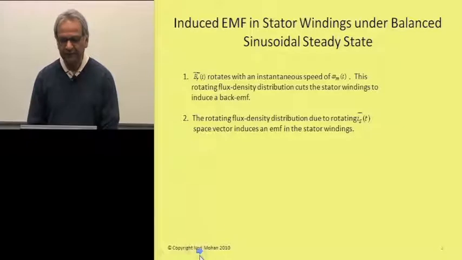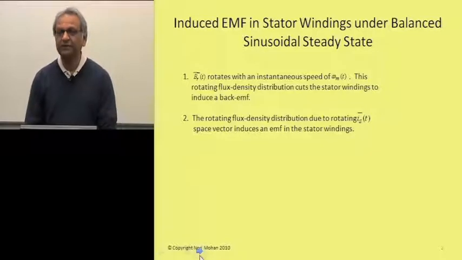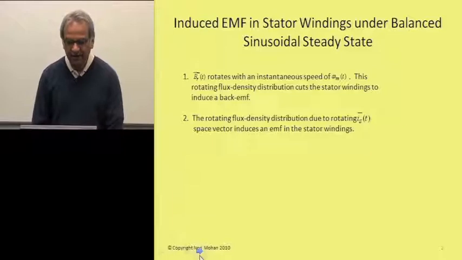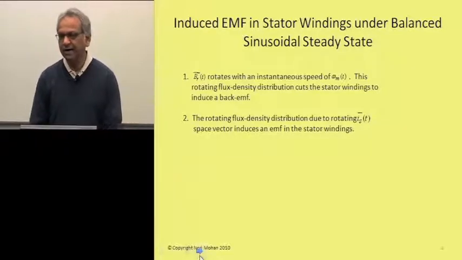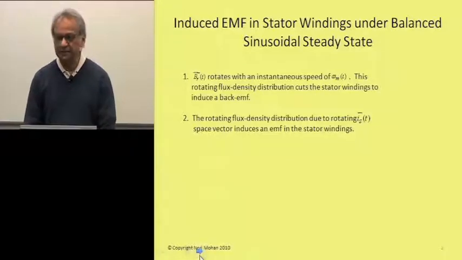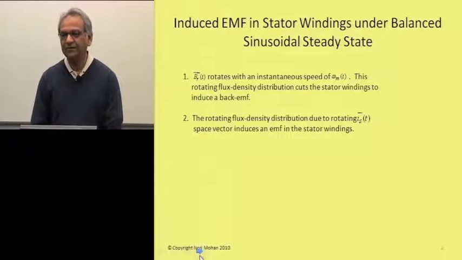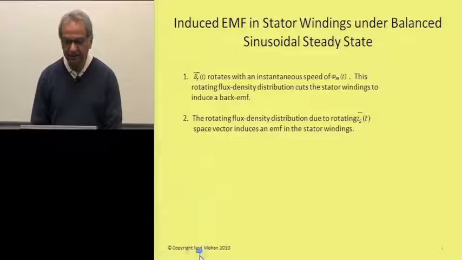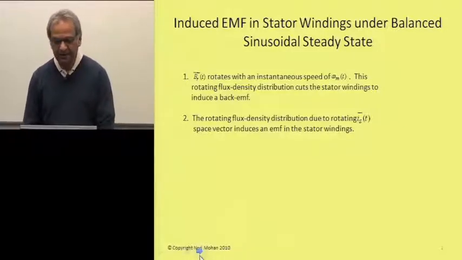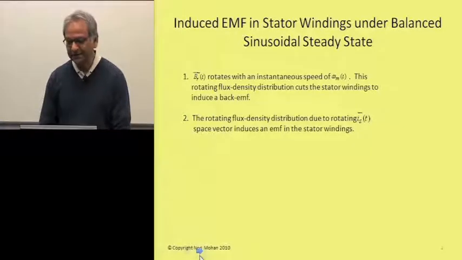And so we need to recognize that, and we'll see that these induced voltages under balanced sinusoidal steady state condition are caused by two reasons. One is that we have a permanent magnet on the rotor producing this B sub r space vector, and this is rotating past the stationary phase windings at a speed omega sub m. So certainly there will be induced back EMF induced in each of these windings. And similarly, we have